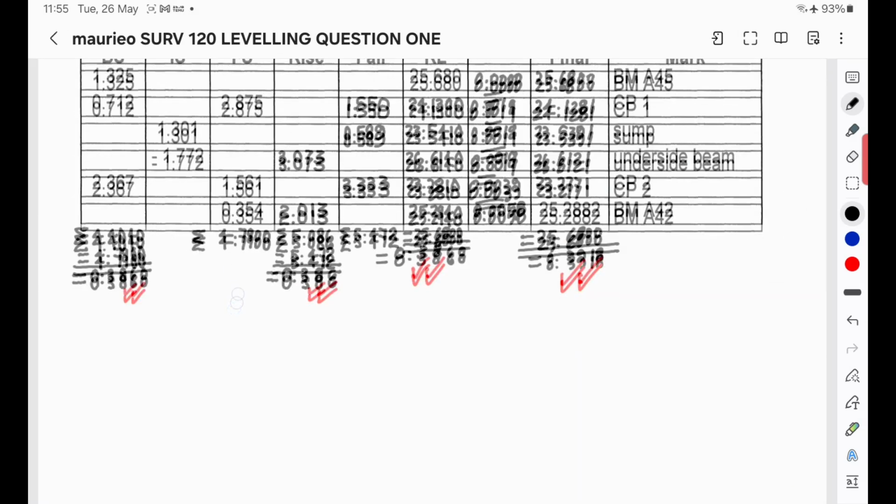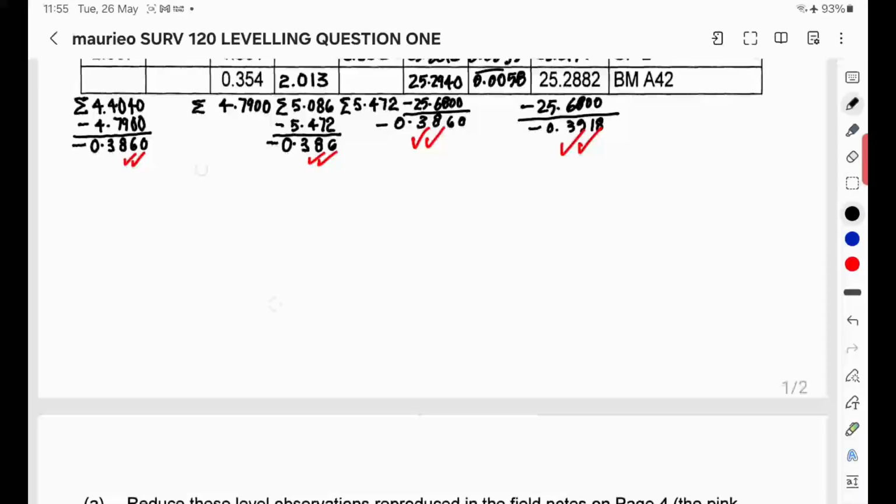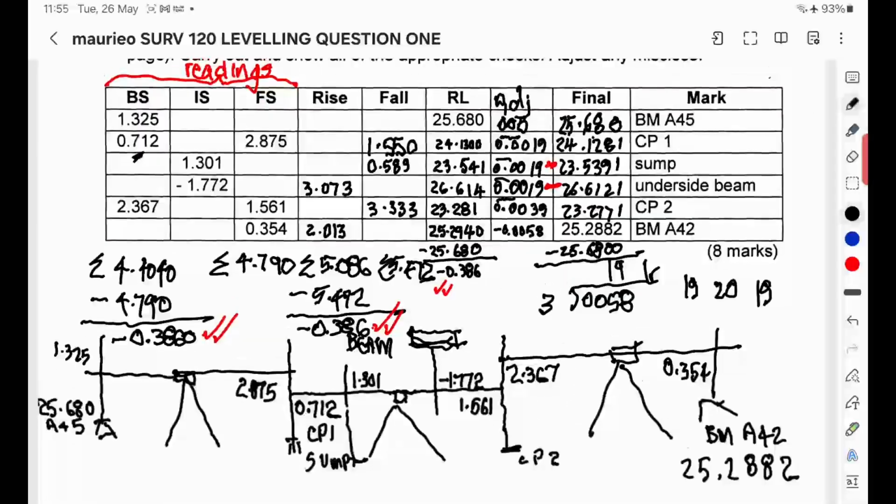You will get minus 0.3918, minus 0.3918, and what you'll note there is that that's minus 0.386 minus the adjustment 0.0058, and that's in there. So again, that's another little check that you could do